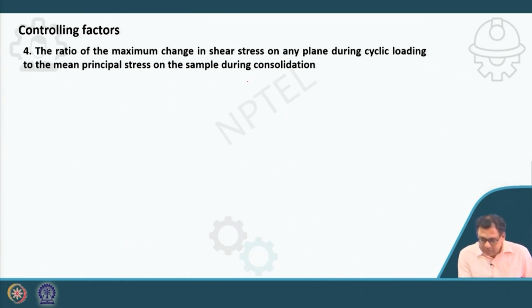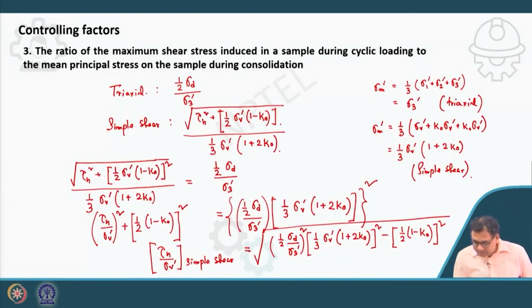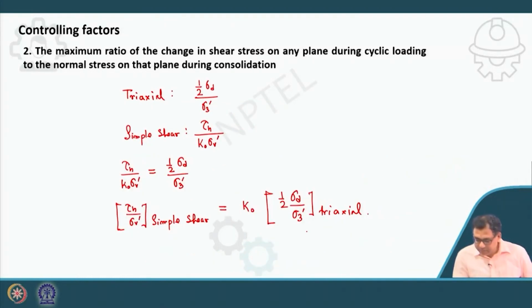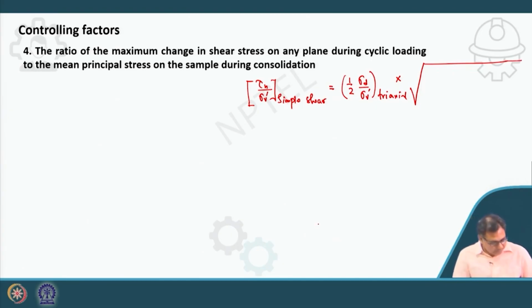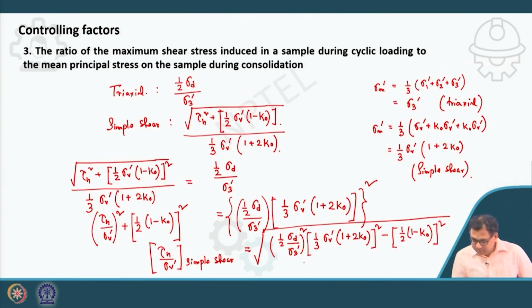Okay, so this is tau h divided by sigma v dash, simple shear. That will be equal to, if I take half sigma d by sigma 3 dash outside to the root, then this will be half sigma d by sigma 3 dash triaxial, that will be into root, over